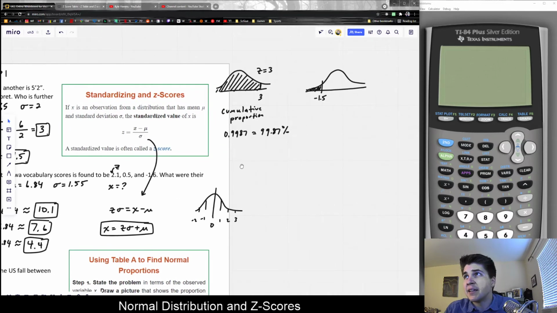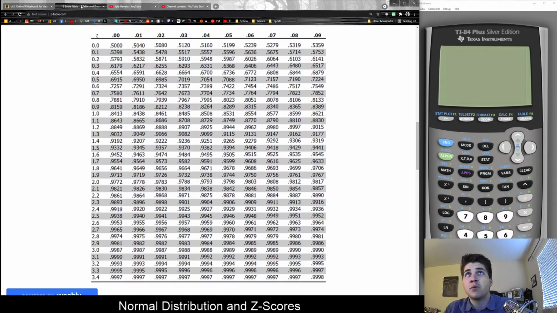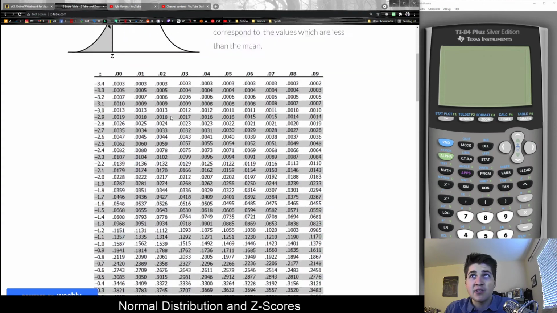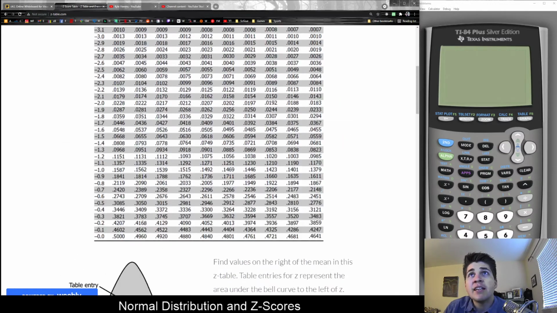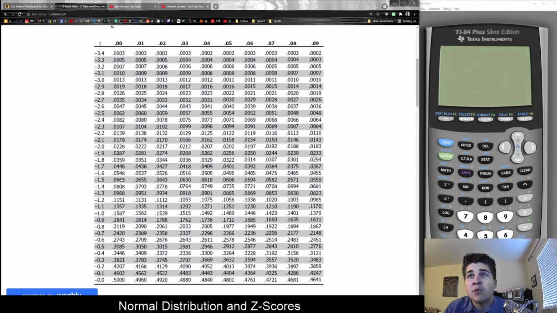I'm guessing something like maybe 10% or whatever, but again, because the percentages should go from 0% all the way to 100% from left to right. And those cumulative proportions, if you're examining the table, notice they start very small and they get very big as we progress through the cumulative proportions. But if we wanted a z-score of negative 1.5, again, it's going to be the first entry. If you get, say, negative 1.57, then you just need to count over 5.1, 5.2, 5.3, and go all the way over here. But negative 1.5 exactly was going to be the first one,